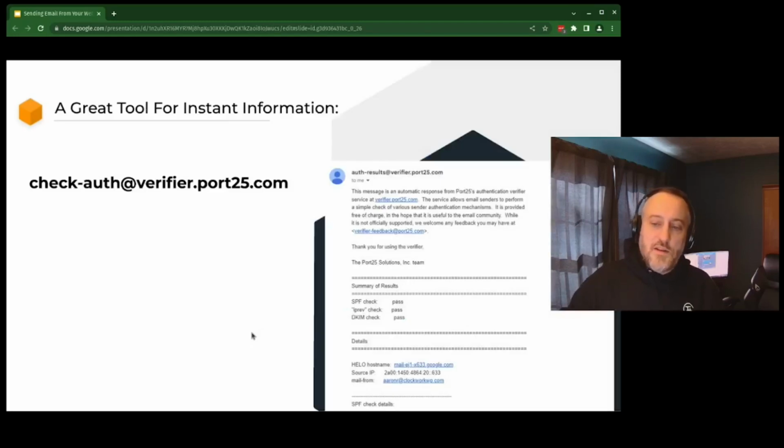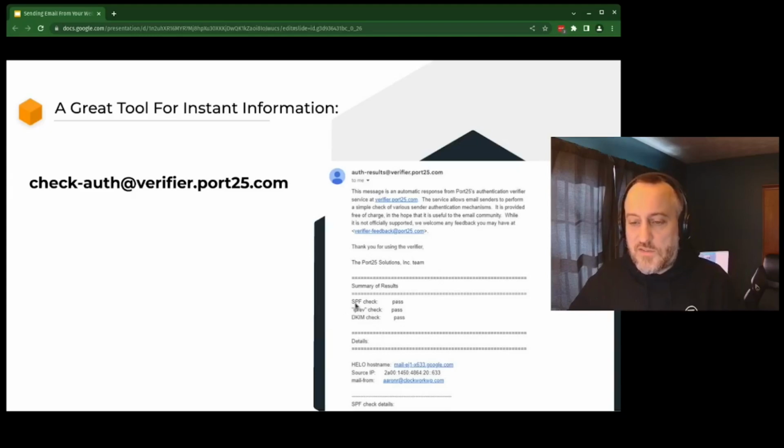Another thing that I found while I was doing this is I found this great tool where you can send an email. So if I'm logged in as Aaron R at clockworkwp.com, and I send an email to check-auth at verifier.port25.com, it'll automatically send you an email a couple minutes later that tells you the status of your mail server.